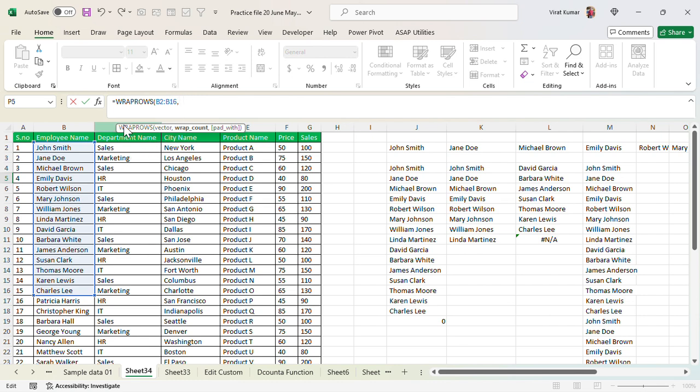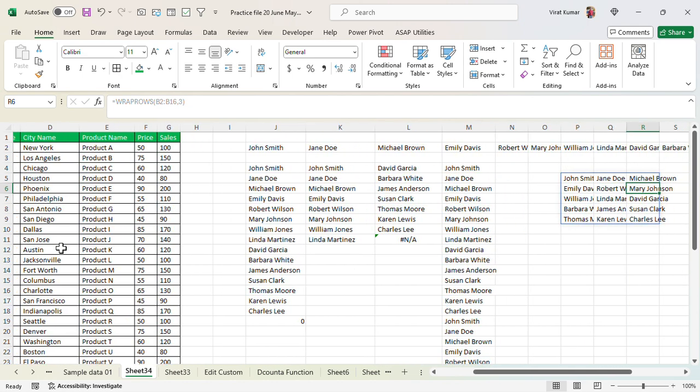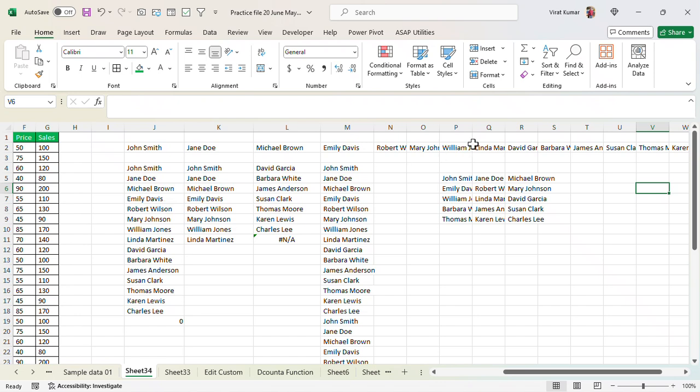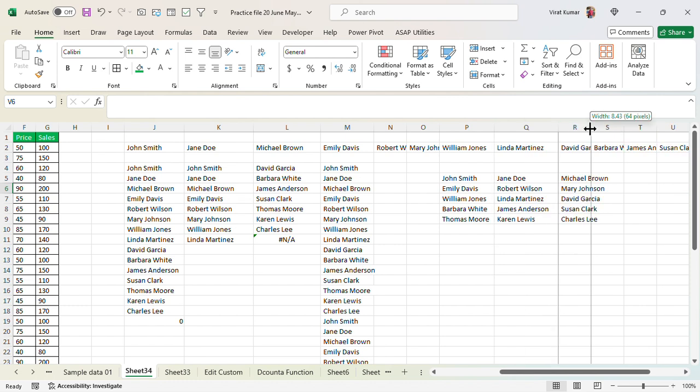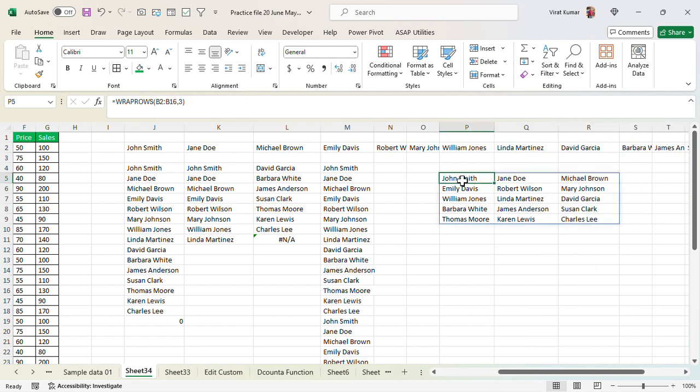I want this data split into 3 rows. Close the bracket and hit enter, and here you can see that we converted your table into column data, 1 2 3. Got it? 1 2 3.